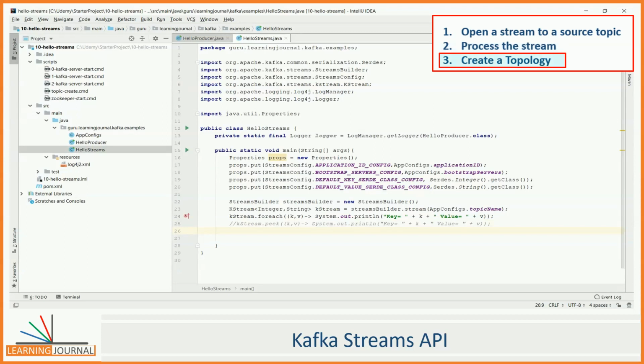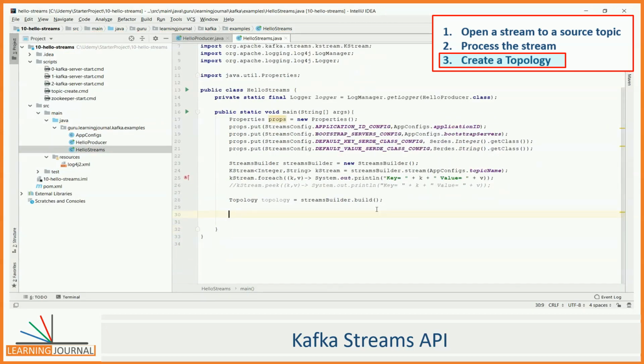Finally, the last step of implementing the logic: creating a topology. The Kafka Streams computational logic is known as a topology and is represented by a Topology class. So, whatever we defined as computational logic, we can get all that bundled into a topology object by calling the build method. So, what it means is that everything we have done so far, starting from builder.stream, the forEach call, all that is bundled inside a single object called topology.